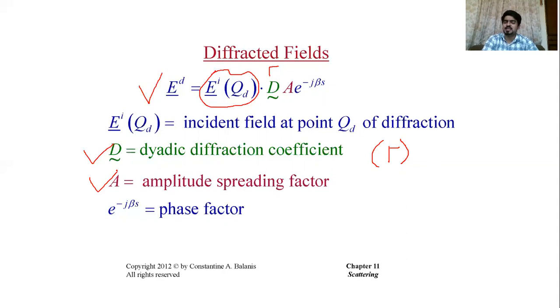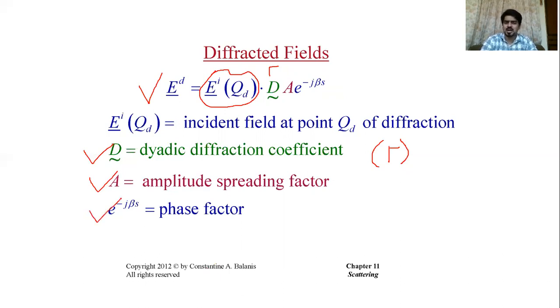And the Fresnel reflection coefficients were defined for plane wave incidence, and that's why we don't need to explicitly define the spreading factor or divergence factor for that kind of scenario. However, in general, you will also have an amplitude spreading factor when we define reflection coefficient. The same thing applies here: for diffracted fields, you have an amplitude spreading factor,